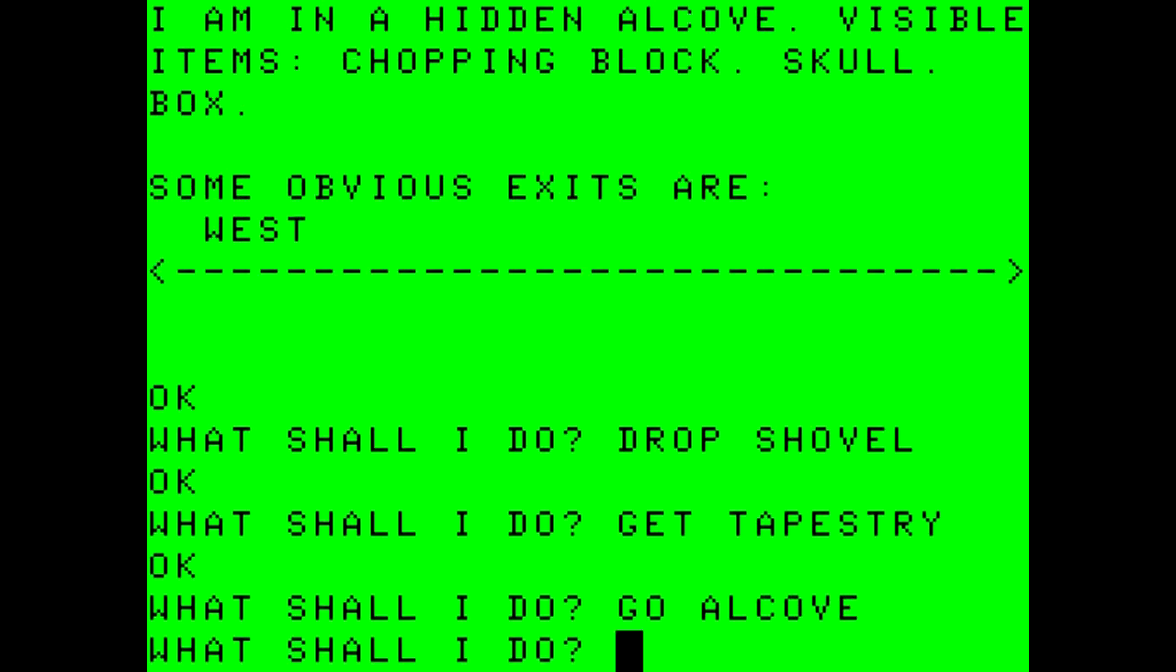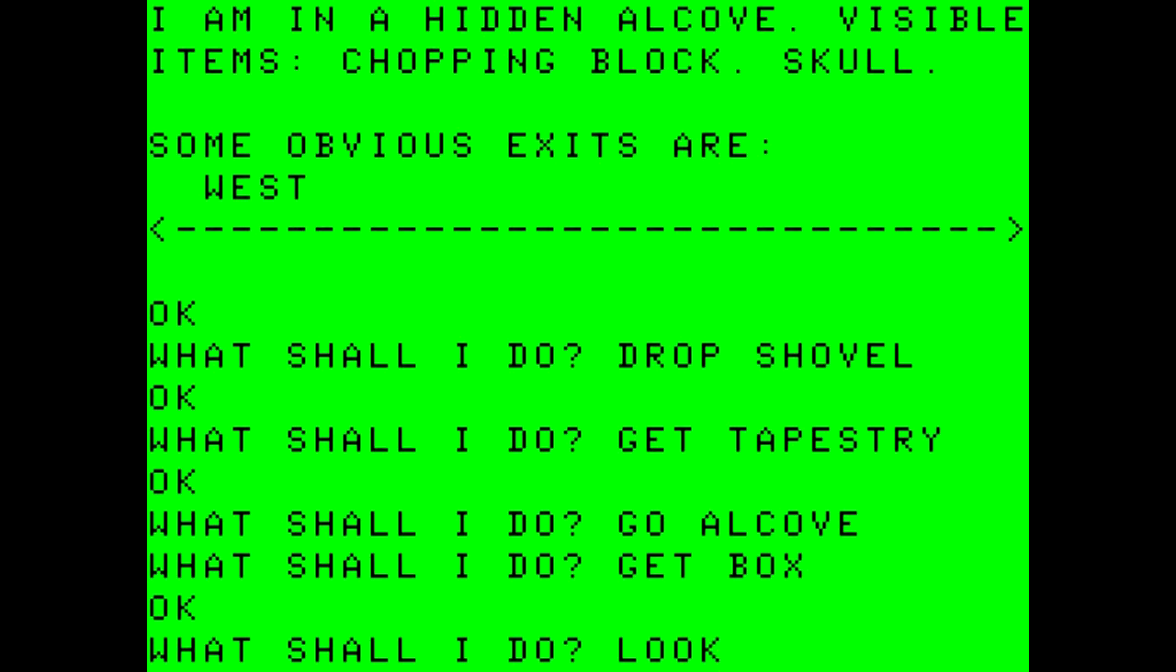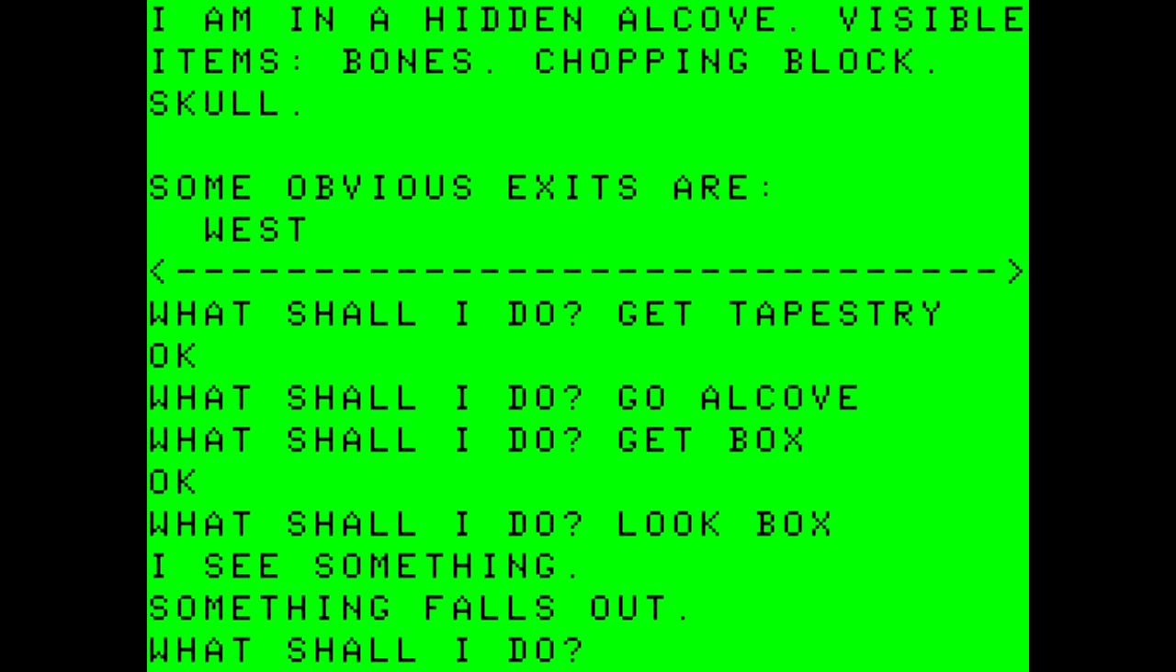I'm in a hidden alcove. Visible items: chopping block, skull, box. Obvious exits are west. Let's go ahead and get the box. Let's look in the box. Something falls out. Bones. We do not need those. But we want to look in the box